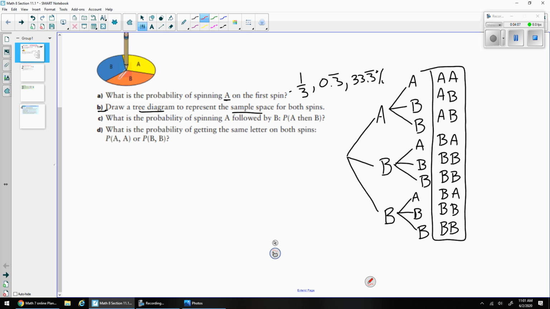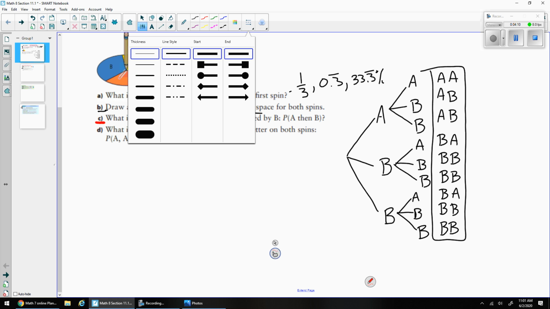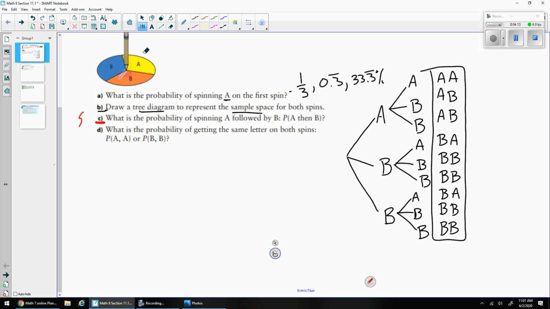Okay, so for C, I'm just going to use the color red here. What is the probability of spinning A followed by B? So we show this with the notation P(A, then B). Whenever you see this notation, the P means what is the probability of whatever is in the bracket. So in this case, A, then B. This doesn't say A and B, because that would mean any combination of B and A, but it's first A, then B. In this case, we have 2 outcomes that are A, then B. So we'd have 2 out of 9,